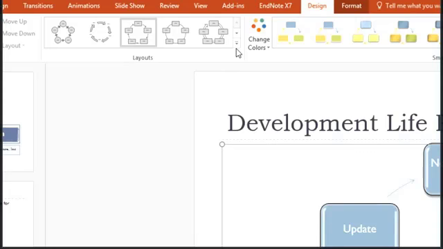Alright, so now we're going to add a shape to a SmartArt graphic. So we're going to add a shape here. For some SmartArt graphics, depending on the type that you use, it's really easy to add a shape. I'll show you an example. This one is not so much, the one that we're looking at in the product development group here. But this is a